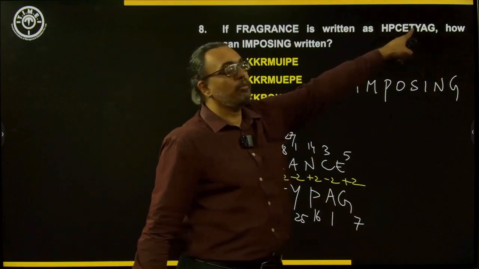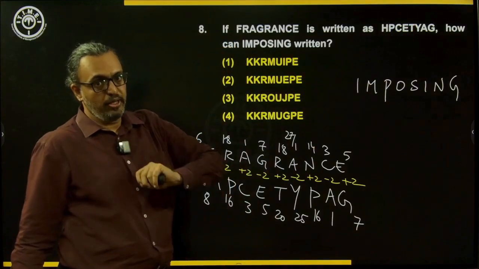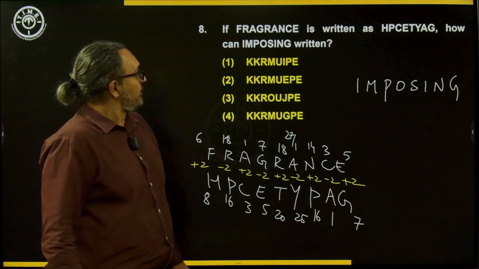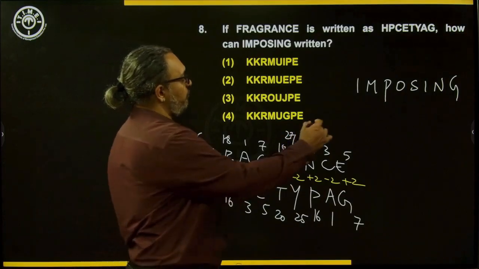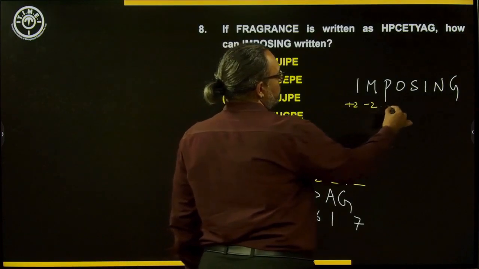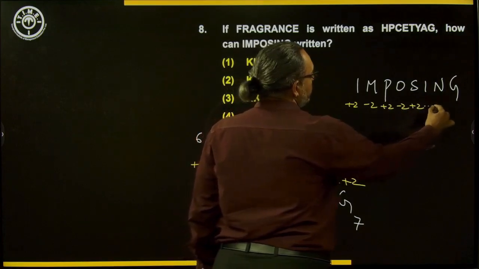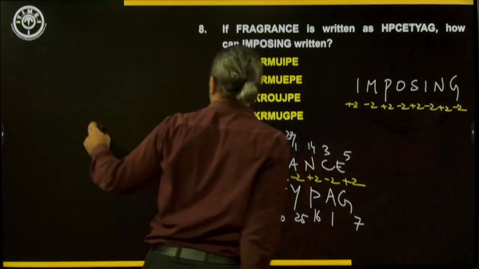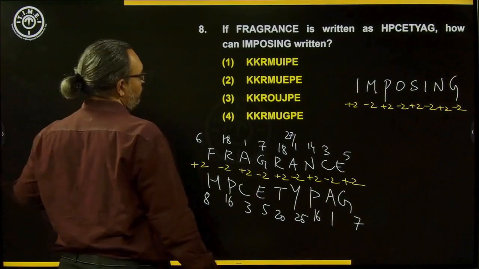P is missed here between Y and A. Right. So the same thing we do. We do plus 2, minus 2, plus 2, minus 2, plus 2, minus 2, plus 2, minus 2. So if that is what we have to do,